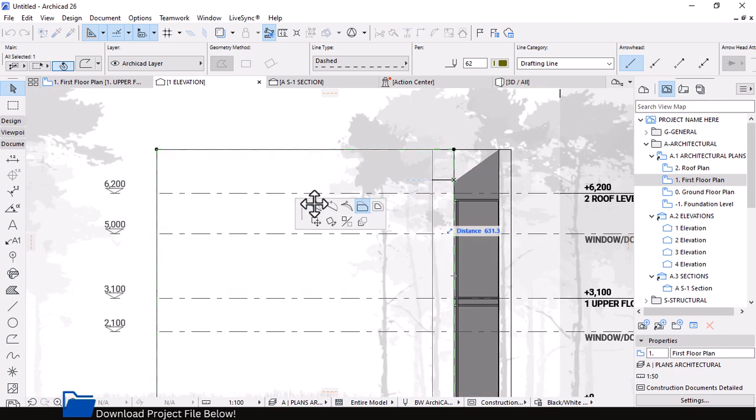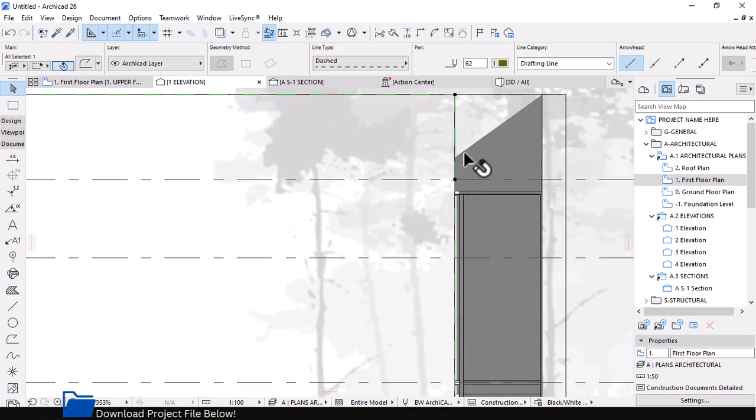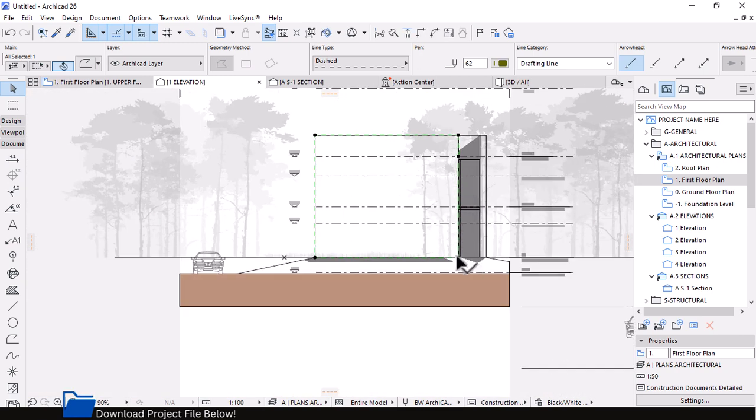Let's click here to add a point, and then I'm going to move this one back by 1.5, and then move it up vertically by 3.1,